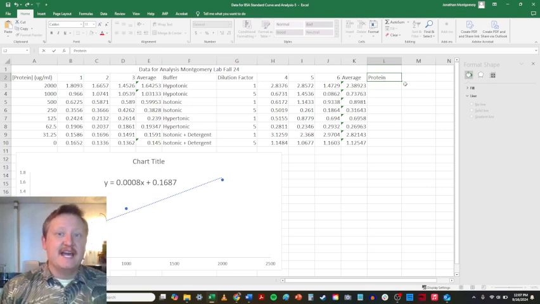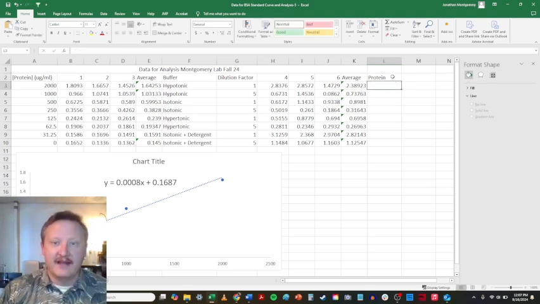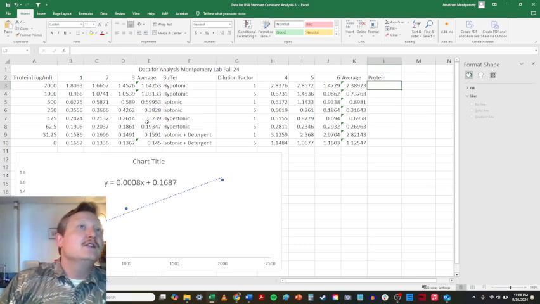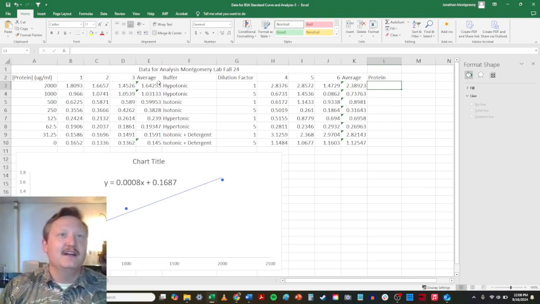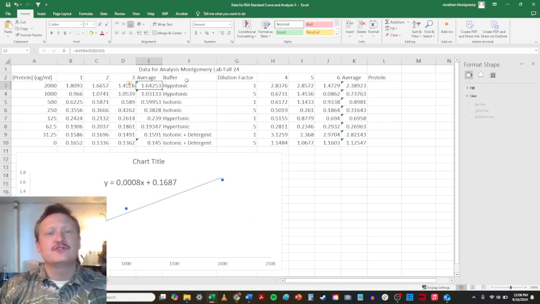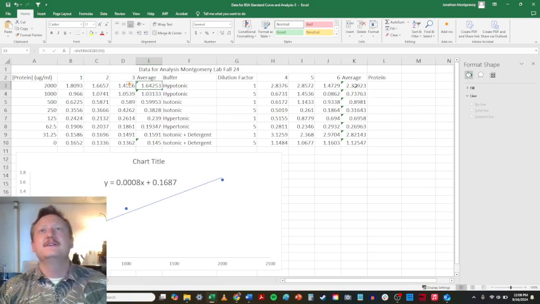So I'm just going to make a header for protein. All right. Now immediately I'm seeing some problems here. Look at the highest absorbance value from our standard curve indicated right here. It's 1.64253. That means that any values higher than that, we cannot trust for use with our standard curve, which means